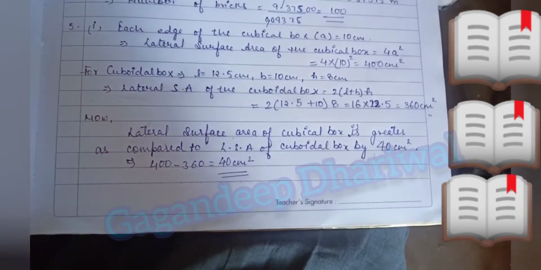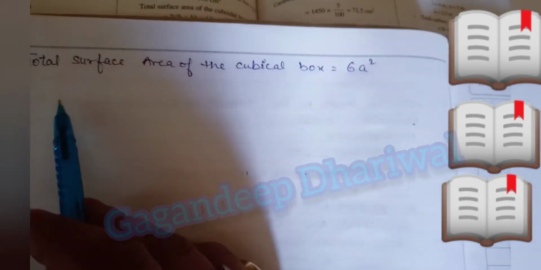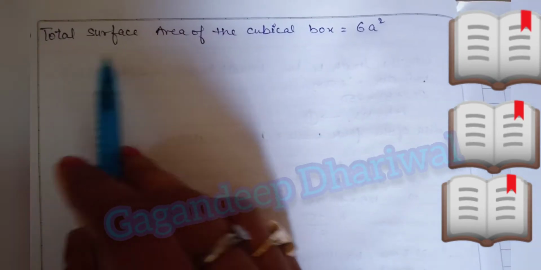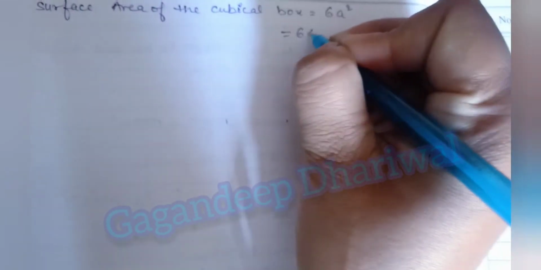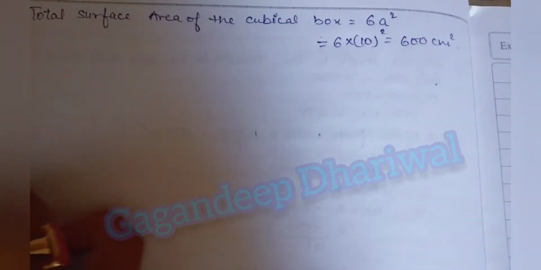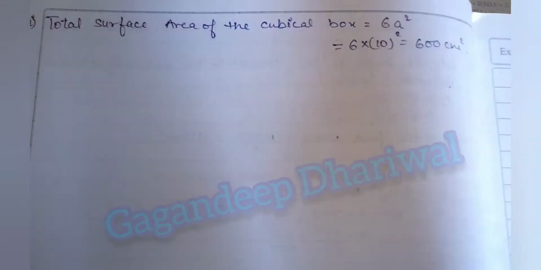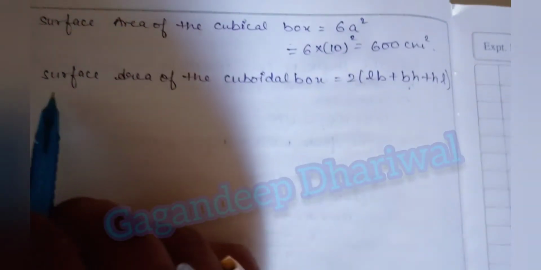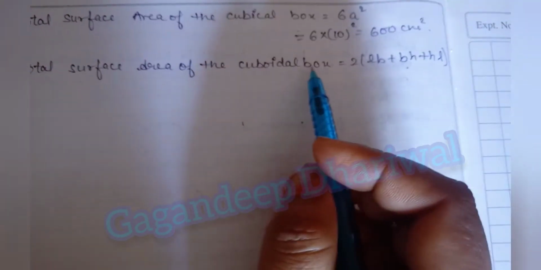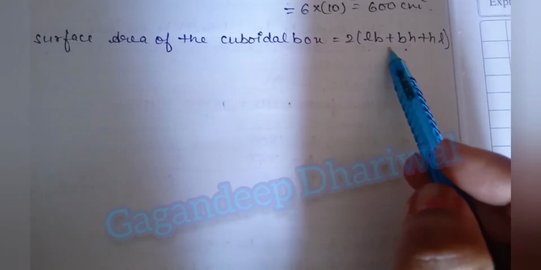Okay, now for the second part we have to calculate the total surface area. So the total surface area of a cubical box is 6a square, and what is a? That is 10, so this is your 600 centimeter square. Now we have to calculate the total surface area for the second box. So the total surface area of the cuboidal box is 2 into length breadth plus breadth height plus height length. Now we put the values, so we will get